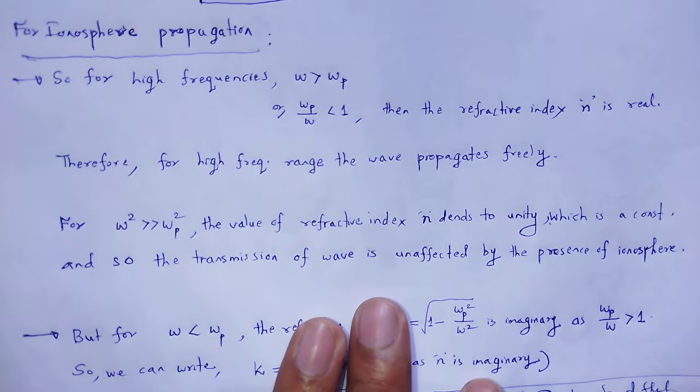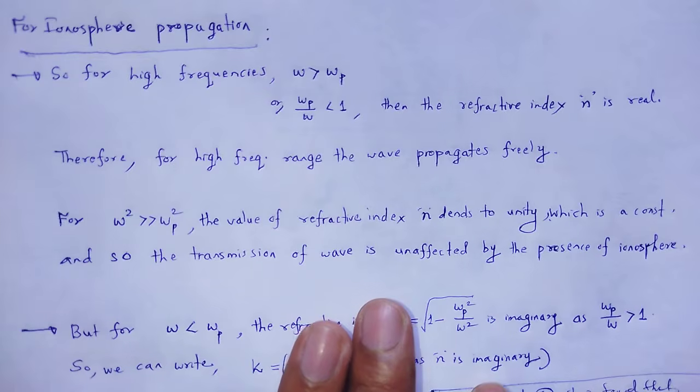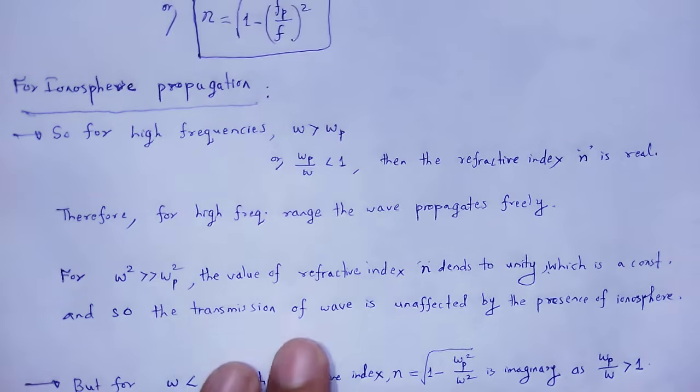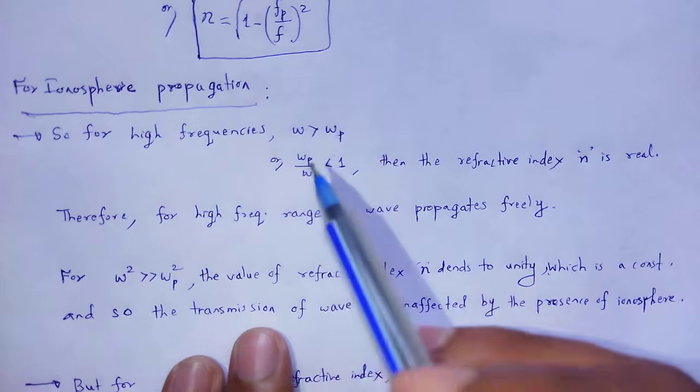Above our atmosphere, there are the troposphere, stratosphere, mesosphere, thermosphere and ionosphere. Ionosphere is nothing but that medium which is ionized gases or plasma medium. If we propagate radio signals or any kind of electromagnetic signals, how these signals are affected by our ionosphere, you can understand it. So for high frequencies